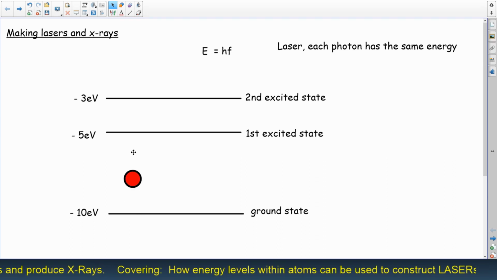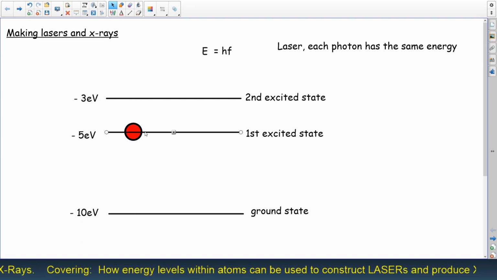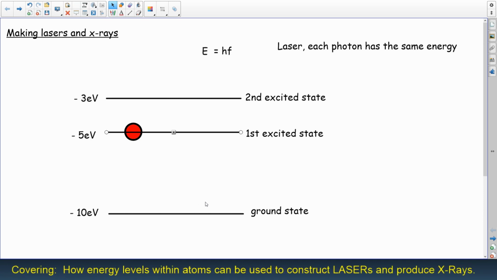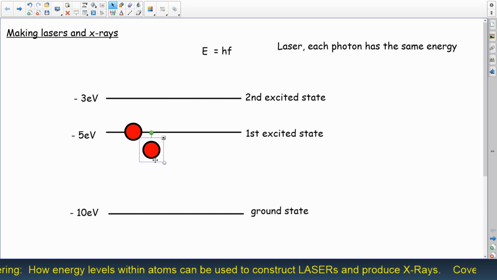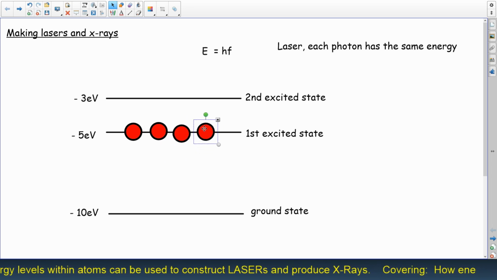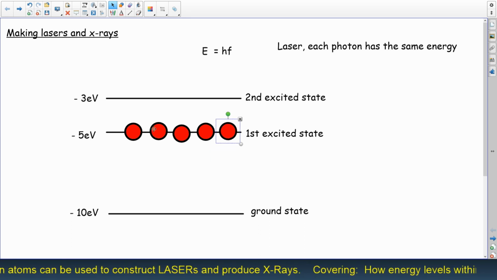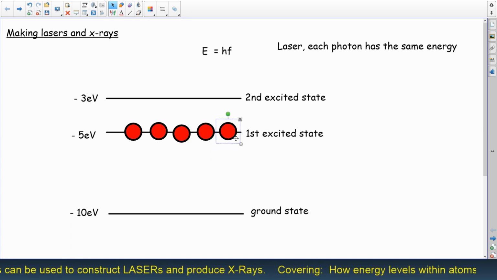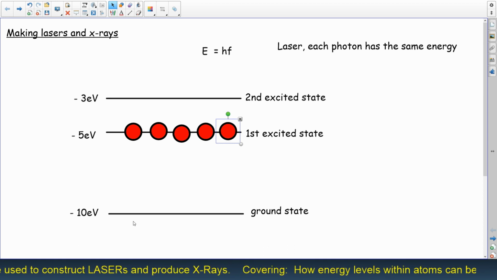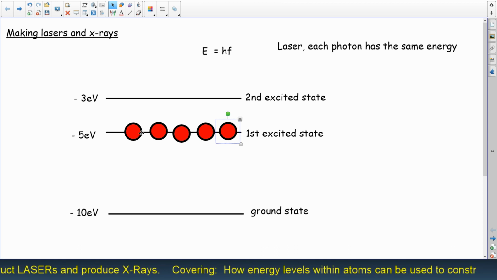All we need to do is get a pile of electrons across a whole material. That shouldn't be too bad. We should be able to get a material that's got an energy gap that we like. And now, imagine my energy level diagram. This is not for a single atom, but for a whole material I'm talking about here. So we would 1, 2, 3, 4. Say we've got a material that has 5 atoms in it. What we want to do is put 5 electrons up into this 5 eV state, and